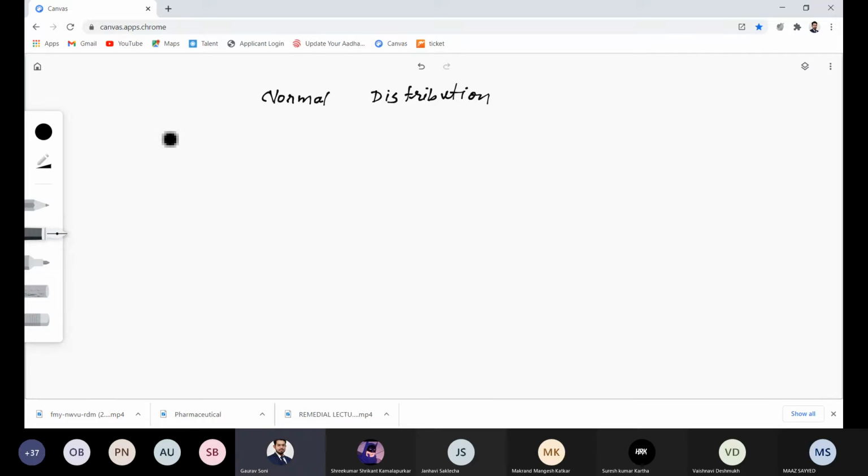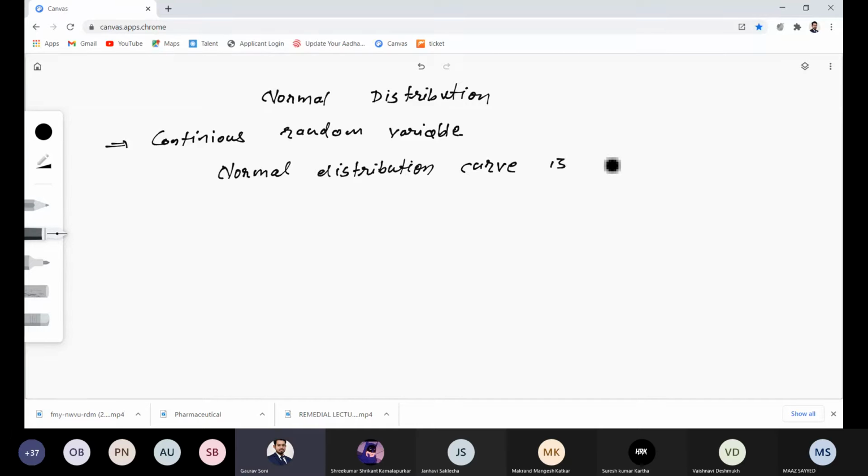So it is a continuous random variable. First of all, the variable which we use here is a continuous random variable. So in this case, when I want to find out the probability, I will have to integrate. So which function do I have to integrate? The probability density function, which is also called the normal distribution curve,